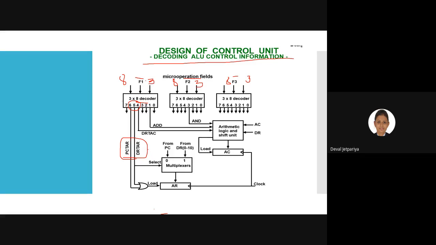So see, at a time only one address is enabled, right? To fetch only one, the arrow, we are using the concept of a multiplexer. So if this is one, then that will transfer to the address register. If this arrow is one, then from this we are transferring the new address.